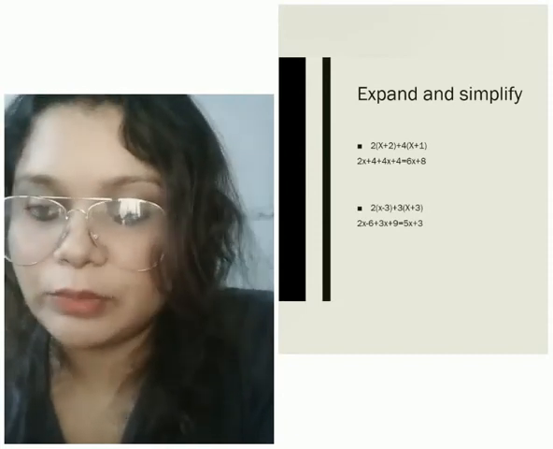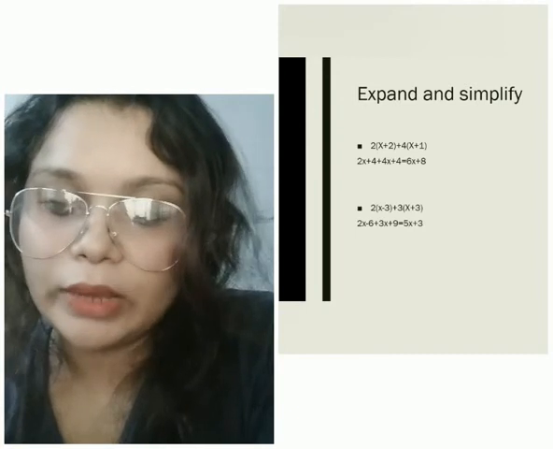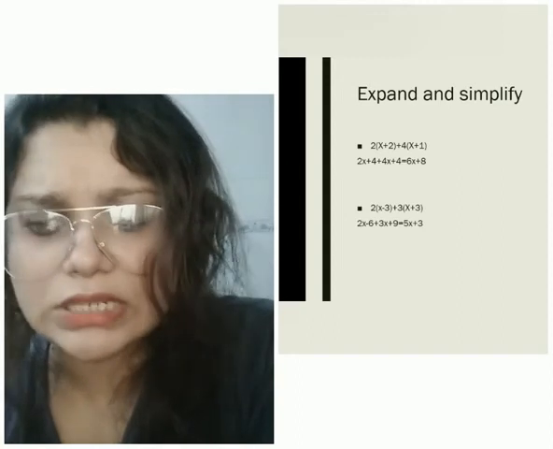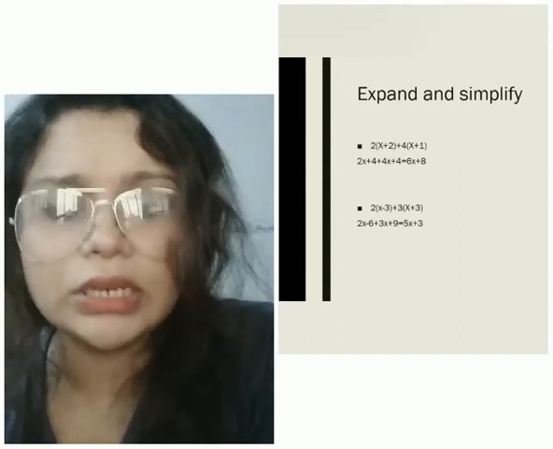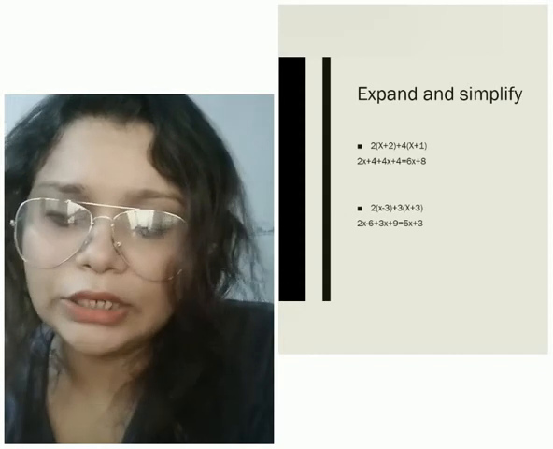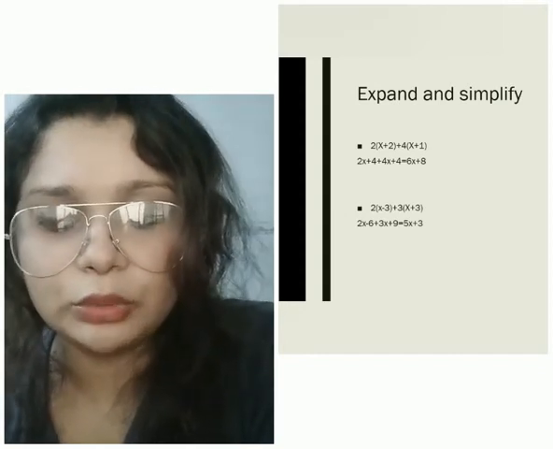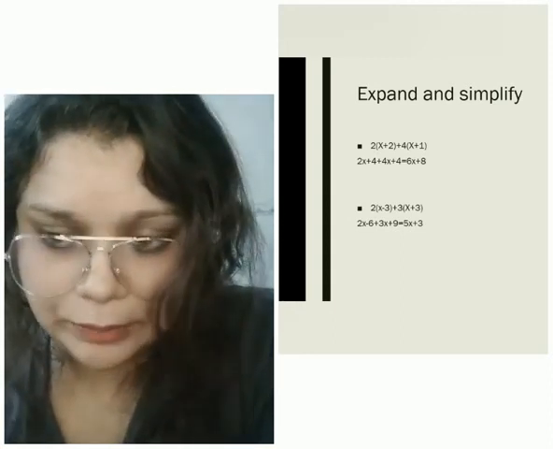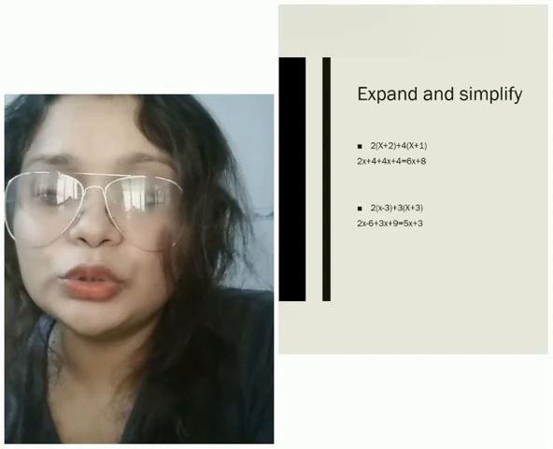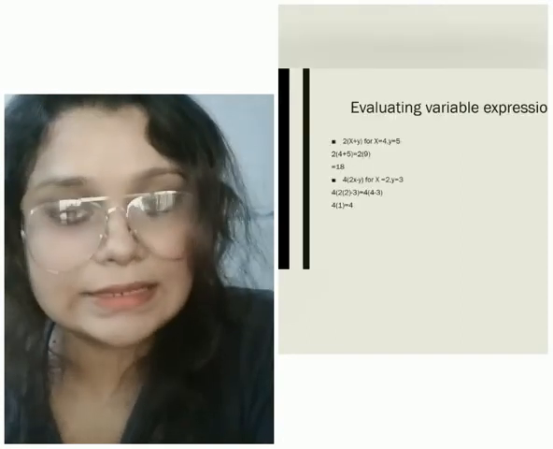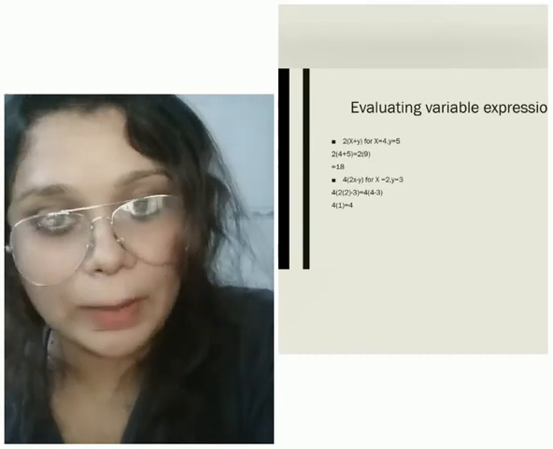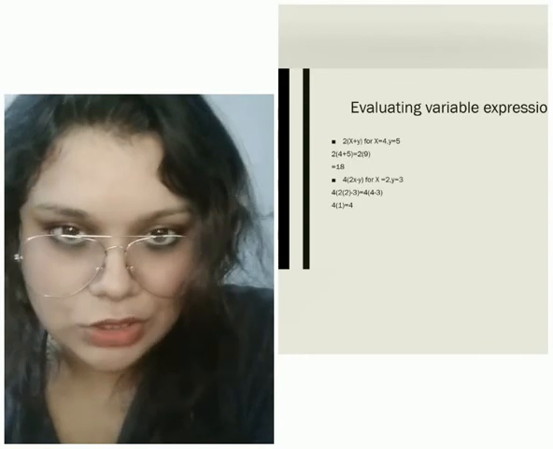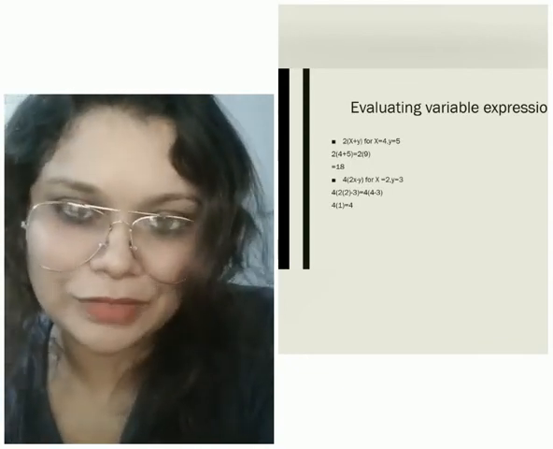So the next sum is given as 4(2x - y). What you're going to do is, x value is 2 and y value is 3. Similarly, you're going to find the value. In the place of x, I'm going to write 2, minus, in the place of y, I'm going to write 3. So 4 into (2 into 2 is 4, minus 3). So 4 into (4 minus 3) will be your value. So 4 minus 3, what is the answer? 1. So 4 into 1 is 4. Correct?